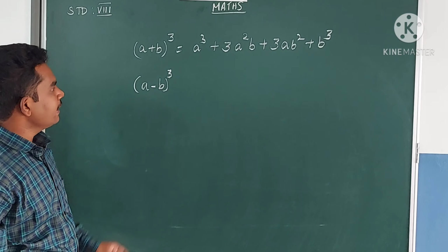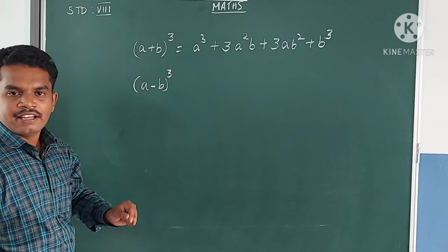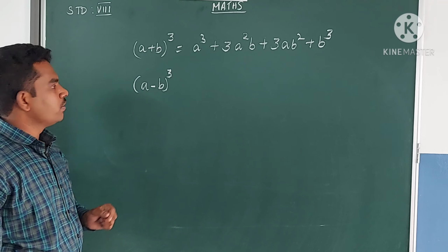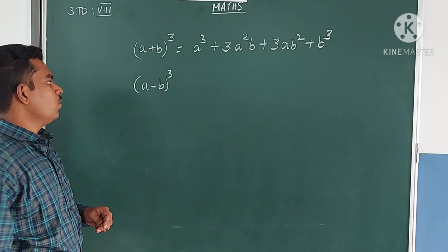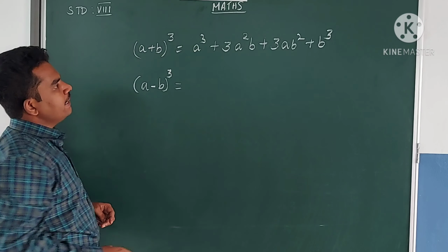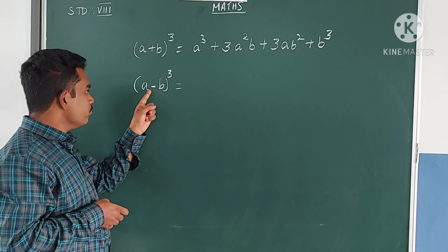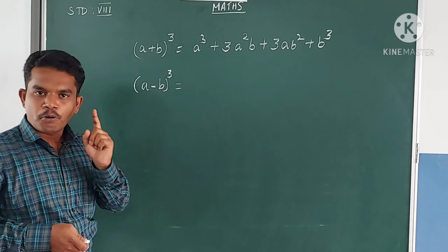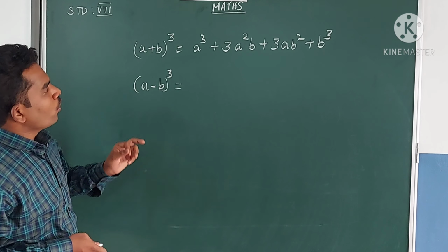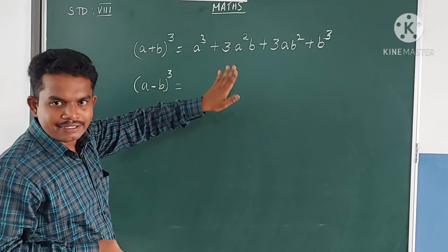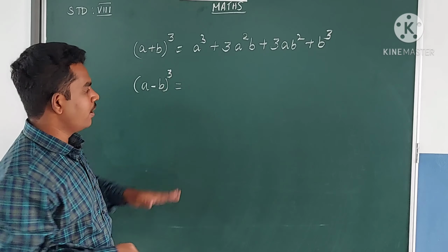Observe the first identity, a plus b the whole cube. Cube is here, 3 is an odd number. 2 is an even number. Okay. So observe this first identity here. B has minus, but a has positive a. Here b has negative, a has positive. So wherever b is single or the power is 1, the power is odd. Odd means what?